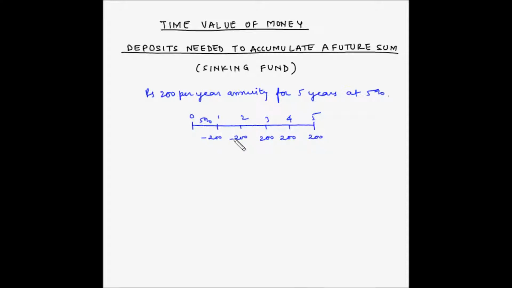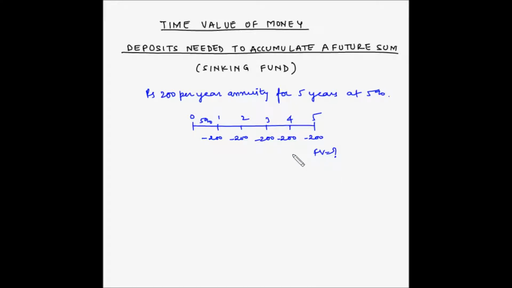So I'll change this to negative sign, indicating that this is an outflow from our pocket. And in order to find out what we'll get at the end of 5 years, we'll find out the future value of this annuity at the end of the 5th year. So this is a typical case of an annuity where we know the annuity amounts for every year, and we'll find the future value